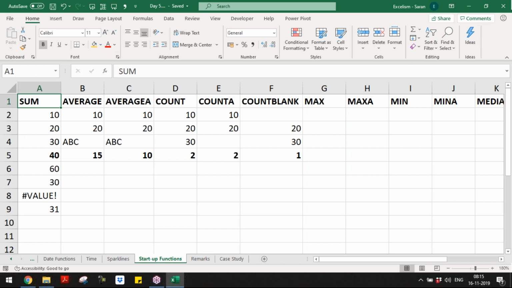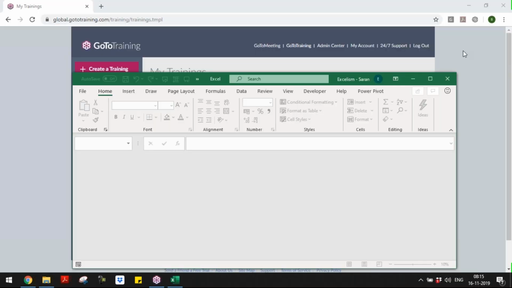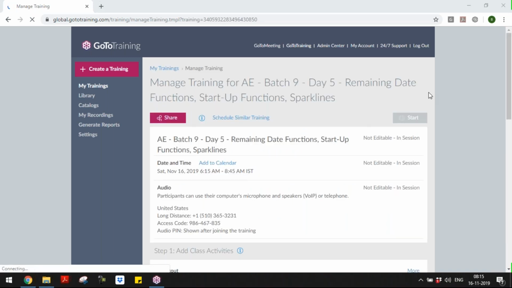Once you understand the basics, from tomorrow you will have a feel of the joy of working with functions and formulas. Okay, so I'm just stopping here. I'm just saving and closing. Friends, there is no session tomorrow, so I request everyone without fail, please practice. Please practice, because without practice, it is very difficult to follow the sessions, especially from Monday, because I'll be talking about advanced topics from Monday. Okay, so let me upload the material.